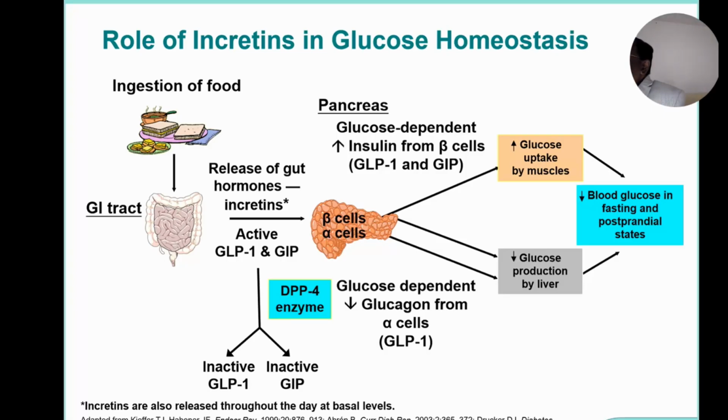Okay, and then you have the other type of drugs, robo GLP-1. That means you are introducing the GLP-1 into the body. They almost look like your GLP-1, but are not destroyed, because it is a robo. So what will happen to your blood sugar levels? It will come down, because GLP stays for a longer period. It is not your original GLP-1, it is your robotic GLP-1 which is being introduced externally. So that is the effect of your GLP-1 receptor agonist and DPP-4 inhibitor.